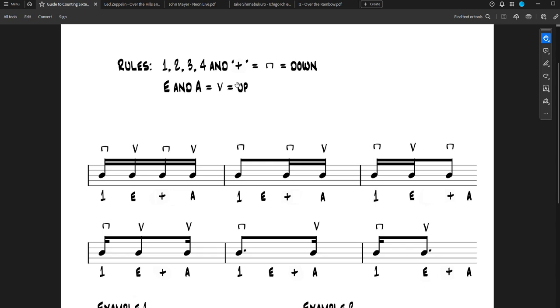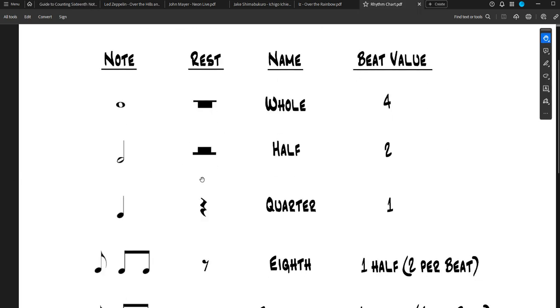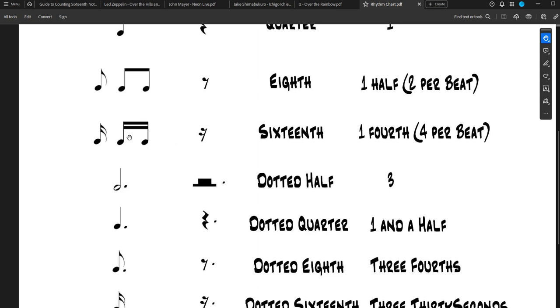Okay, so when we have 16th notes, which are 4 per beat, if you look at the rhythm chart, you go down to here, 16th notes, you'll see they're kind of like the 8th notes, where when they're by themselves they have a flag, and when they're together in groups they get beamed together, except the 8th notes just get a single beam or a single flag, and the 16th notes get a double beam or a double flag, like so. And a 16th note is 1/4 of a beat, or you can think of that as 4 per beat. Okay,